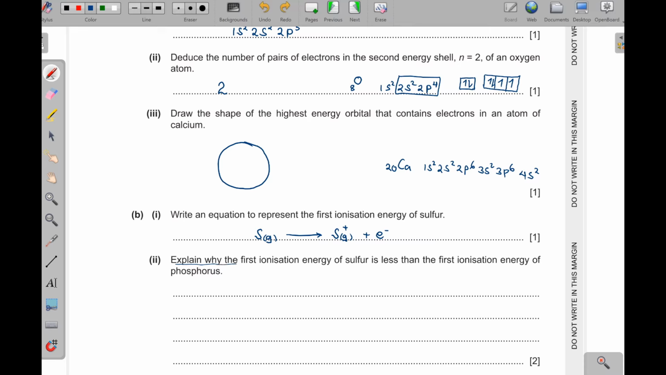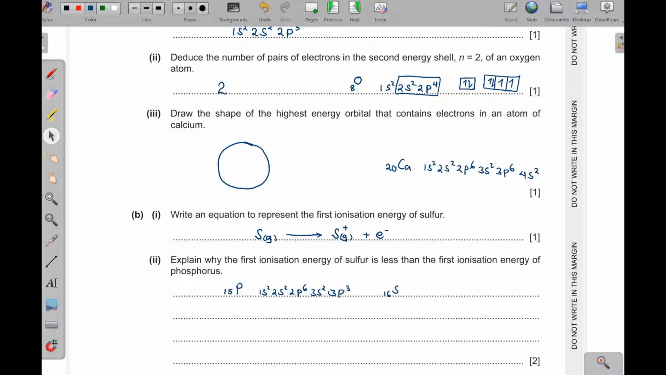Roman 2, explain why the first ionization energy of sulfur is less than the first ionization energy of phosphorus. Now I'm going to first write the electronic configurations of these two. So phosphorus, we know it is in position 15. So we are going to have 1s2, then 2s2, 2p6, and then 3s2, then 3p3. Then sulfur